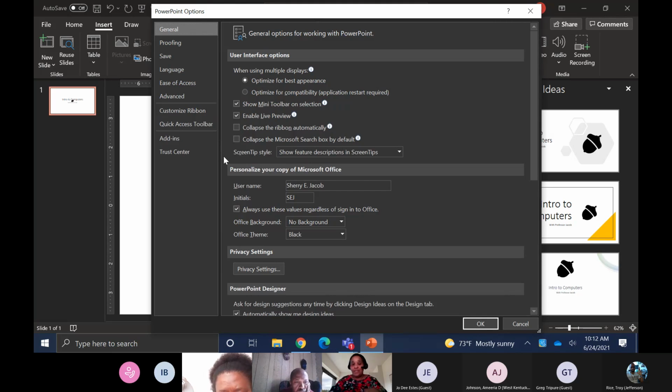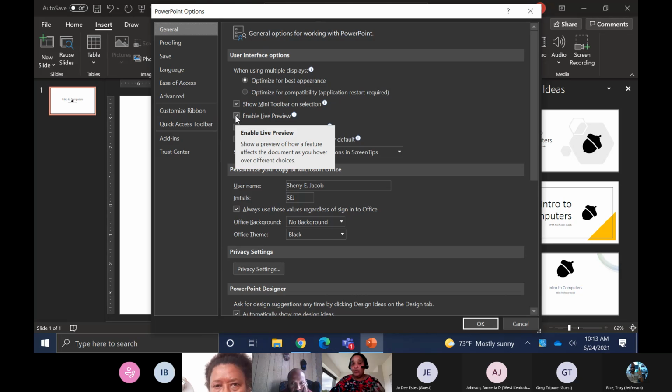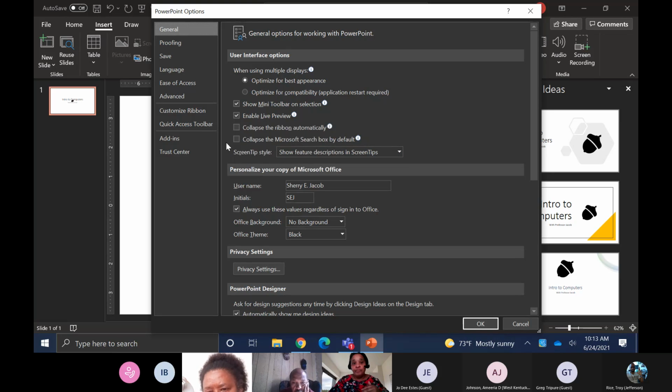On the options, in the user interface options section, you can basically customize how you want it to appear. As I said, if Enable Live Preview has a check mark, that means anything you roll your mouse pointer over and want to possibly change it to, it would show you what it would look like. But if you have that unchecked, then it's not going to show it. The same with collapsing the ribbon automatically. So if I was to select this and then click OK,